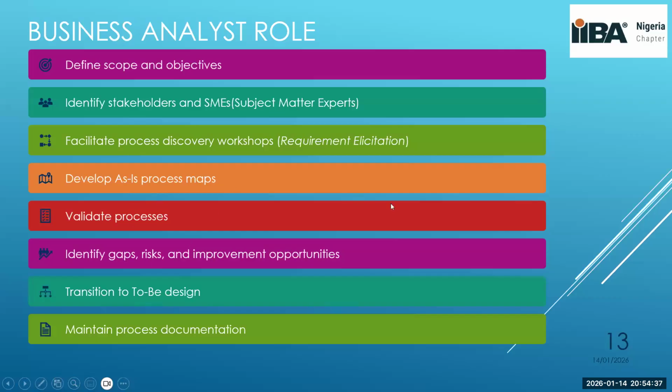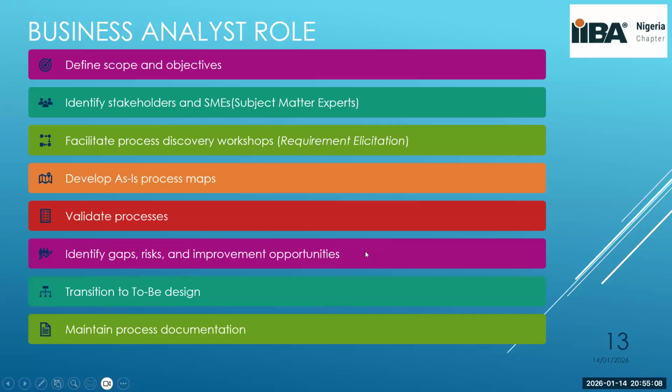gap in that process. Don't forget that you would have gotten the business objective. So the business objective will help you in doing this particular bit. You need to identify the gap. If there's any risk in the process, you'll be able to identify it. The business objective will give you hints on how to go about it, or it will guide you on what to do. And if there are any improvement opportunities that you want to take advantage of, then you go ahead and do that